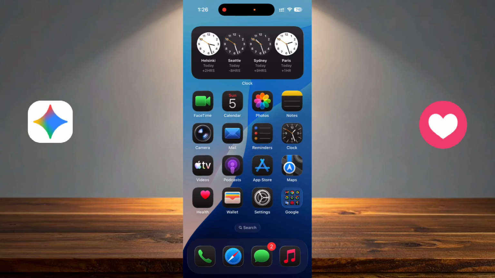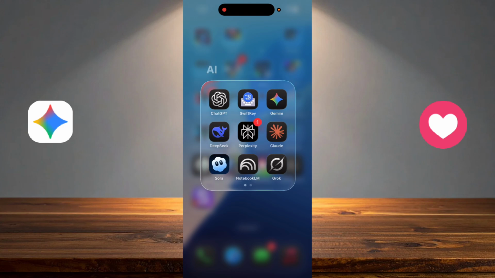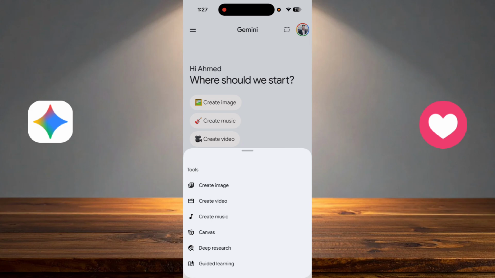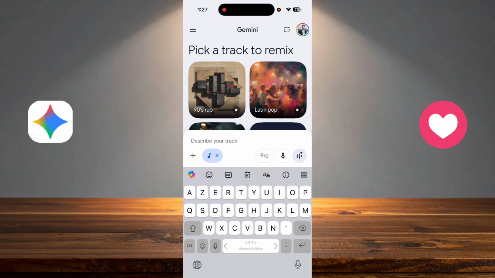Hello and welcome everyone. In today's video I will show you how to generate a full-length song with Gemini Lyria 3 Pro. So to do this you just have to go to Gemini and go to create music, and I already chose the Pro model, and I will tell him